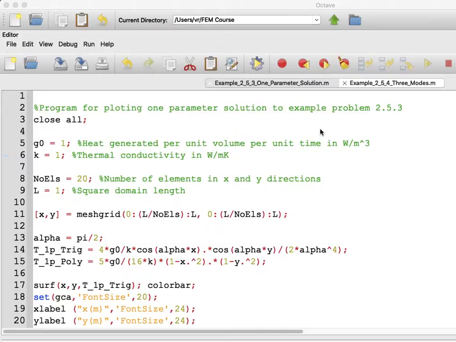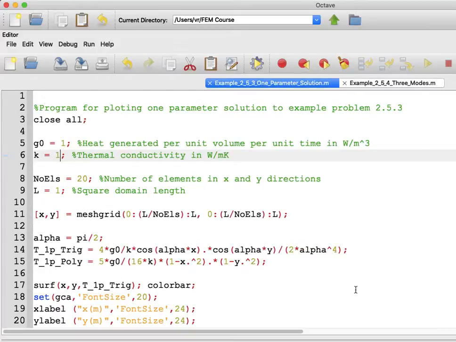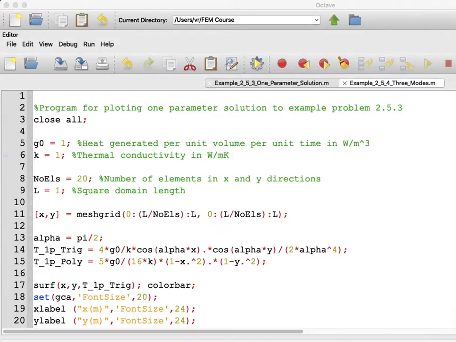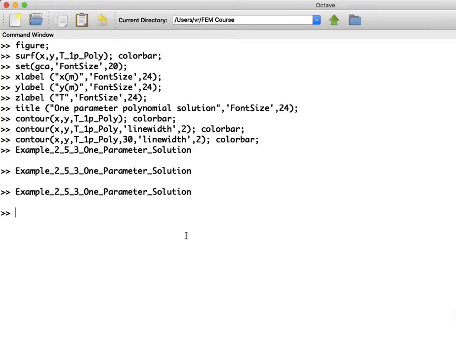I have opened this particular software known as Octave. So Octave, when you install it, there are two modes. One is known as editor and another is known as command window. Okay, so if I press on command window, then you get something like this. So when you are learning the programming language, then you can use the command window in order to understand what